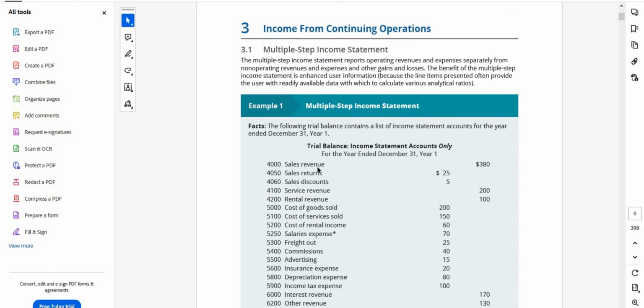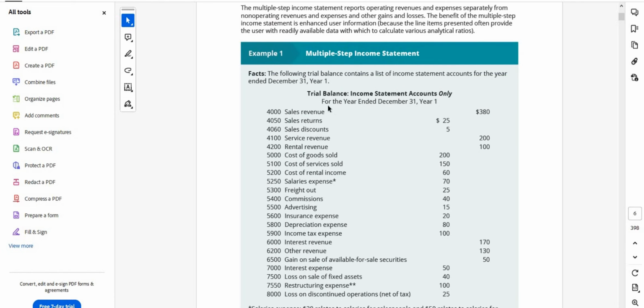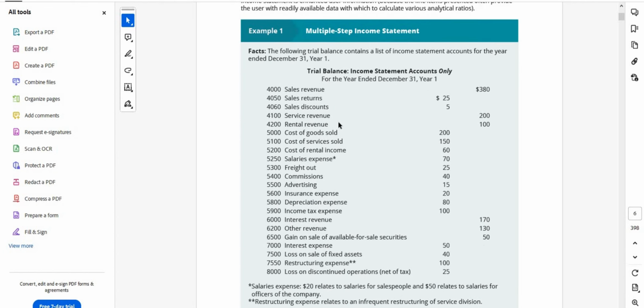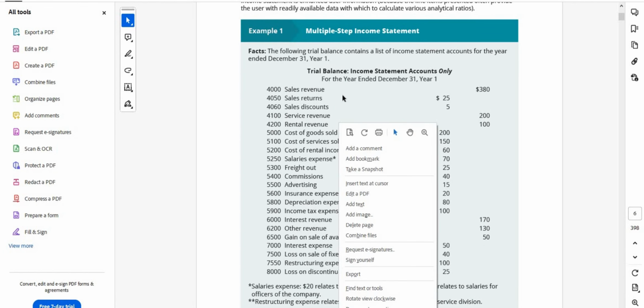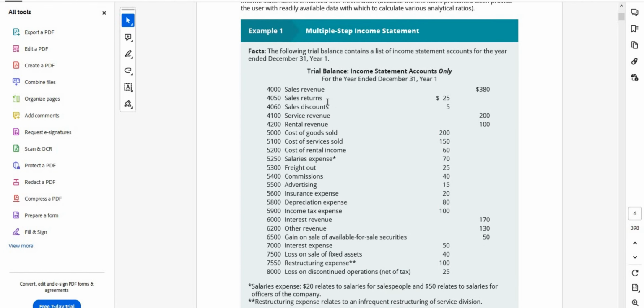Over here we have sales revenue shown in the outer column, and all the sales return, sales discount, and all the expenses are shown in the inner column. We have two columns. So over here we need to calculate sales revenue less sales return less sales discount. Then we will arrive at operating